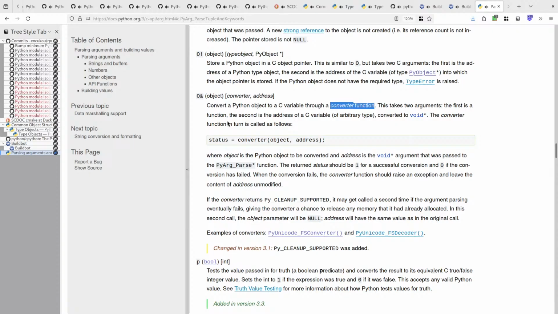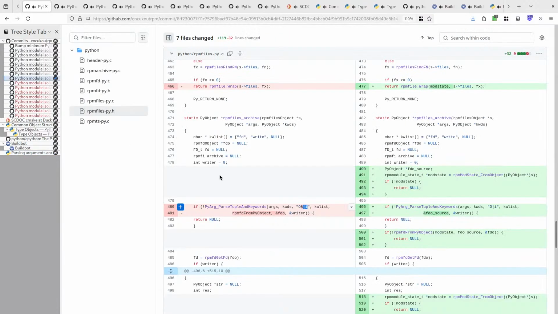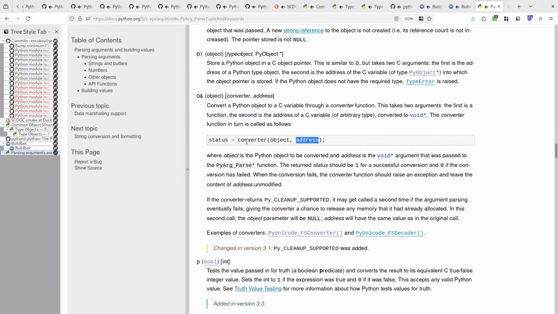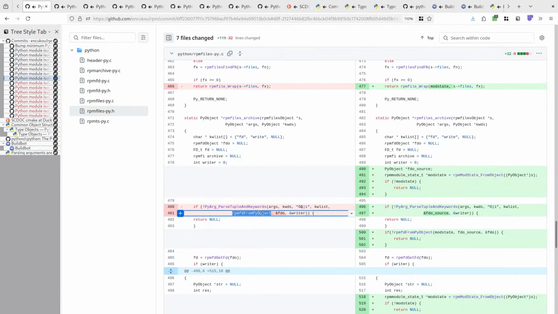Well, that function will fill in the address, or it can raise an error. Right? So here it is using rpmfd from PyObject, which is a converter function, and the converter function takes the object and the address to put that object in, right? So far so good, but